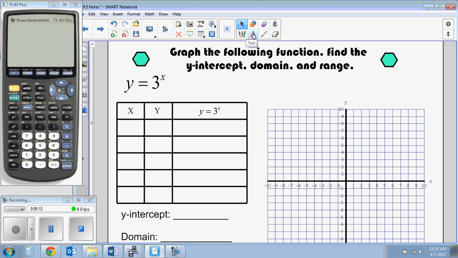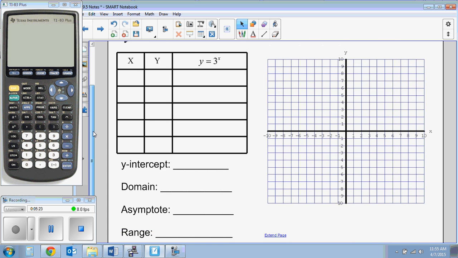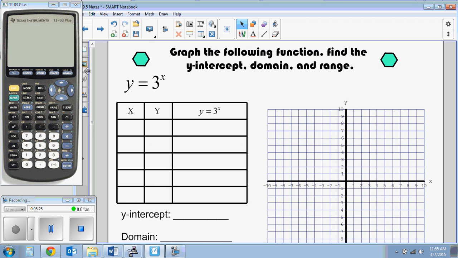Okay, and we're going to start by graphing the following function, which is y equals 3 to the x, and this is when our graphing calculator over here is going to come in handy. We want to find the y-intercept, the domain, the range, and I also want to find the asymptote, which was written in later there. So the first thing I'm going to do is create a table,